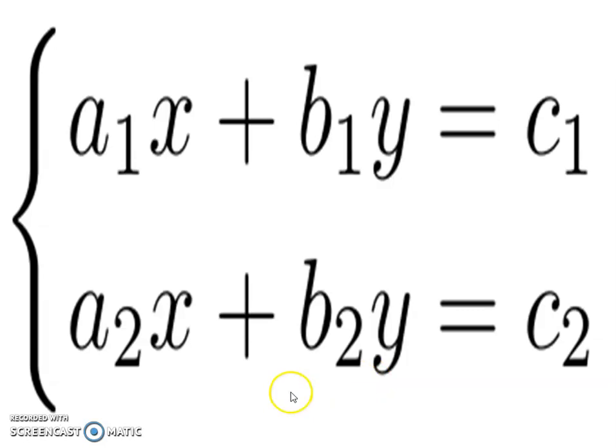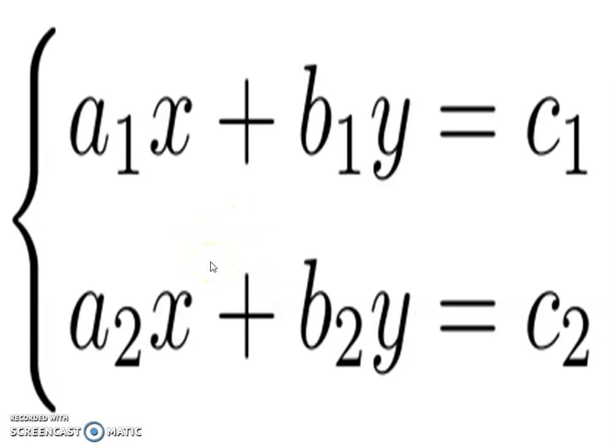in a simultaneous method. So these two equations with two variables: a1, b1, a2, b2 are the coefficients. Here a1 is the coefficient of x, and here also the coefficient of x is a2. Here the coefficient of y is b1 and the coefficient of y is b2. That means these two equations are there, a1x plus b1y equal to c1, where c1 is the constant, and a2x plus b2y is equal to c2, where c2 is a constant. Remember that these c1 and c2 are most probably non-zero numbers.